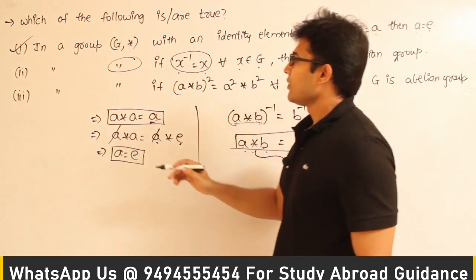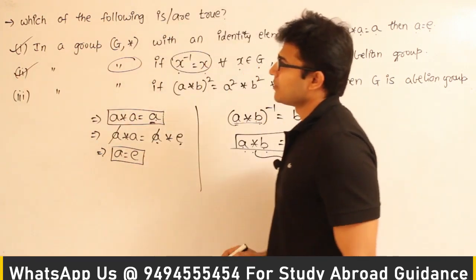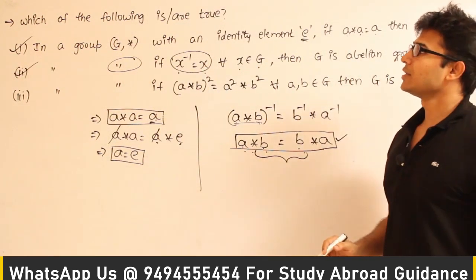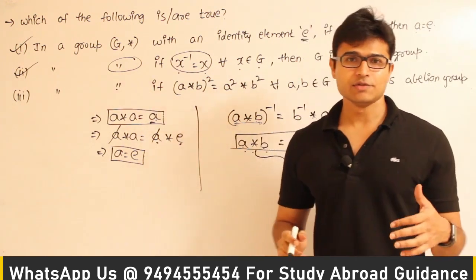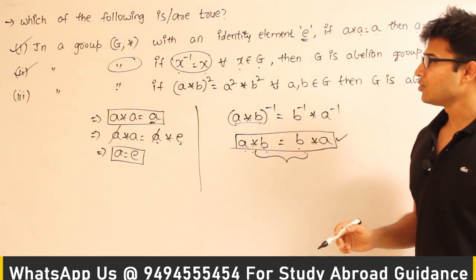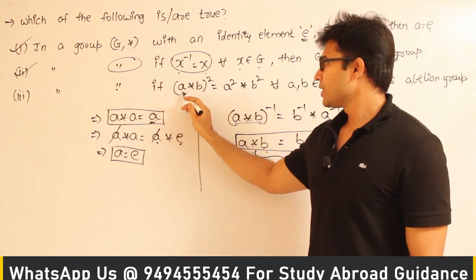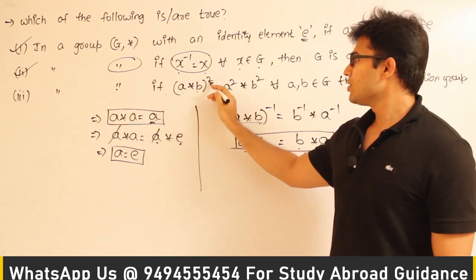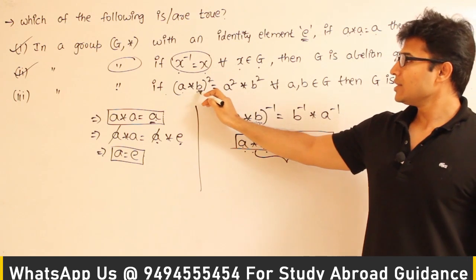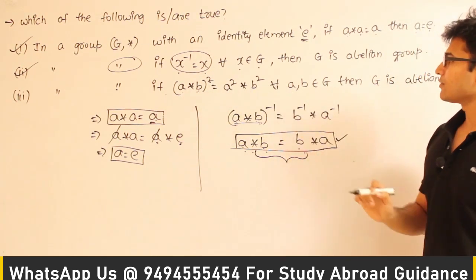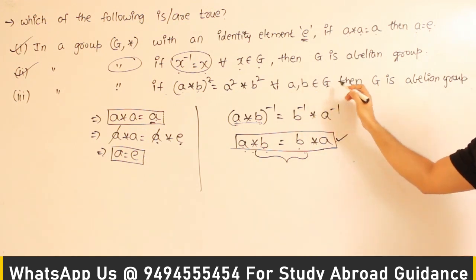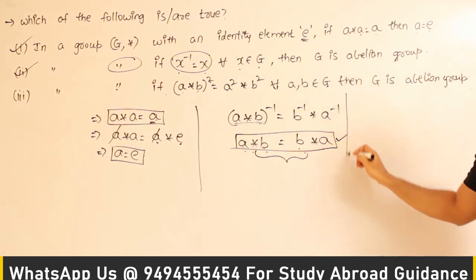Okay. Now let's look at the third statement. The second statement is true. The third statement is again in a group, which means they are again talking about a group, so I can happily use the properties of the group. In a group (G, star), if (a star b) whole square is equal to a square star b square for all a, b belonging to G, then again we are supposed to prove that